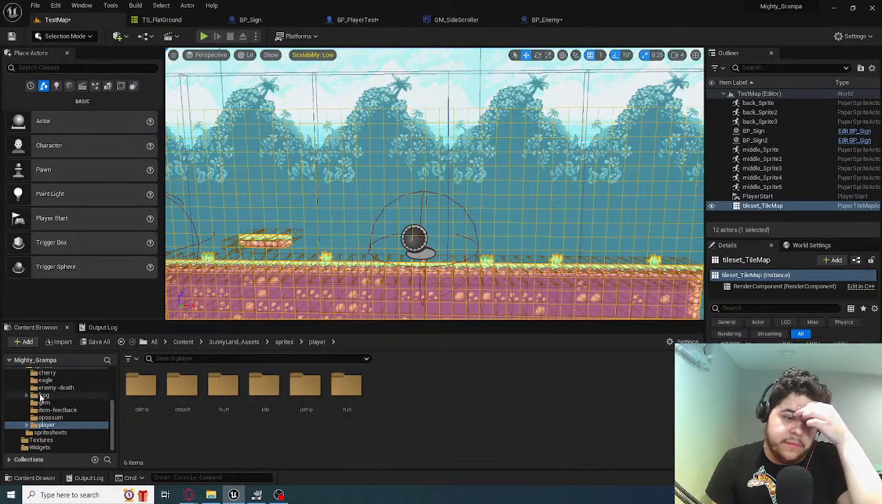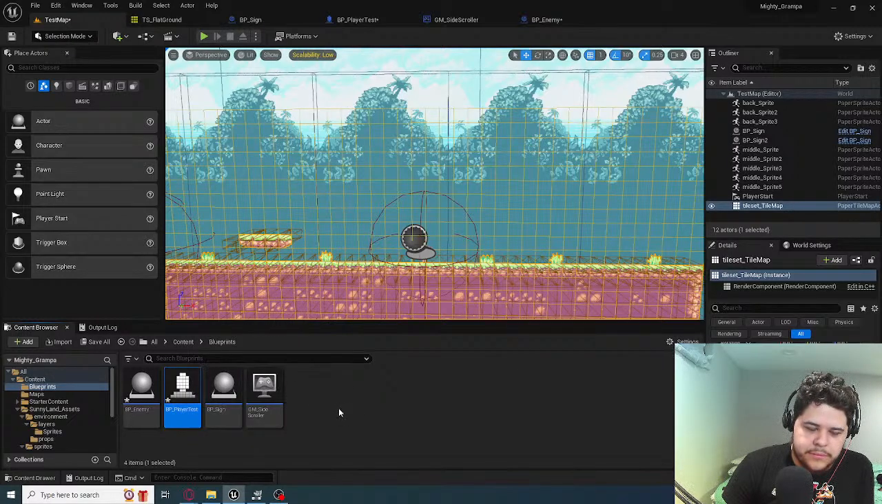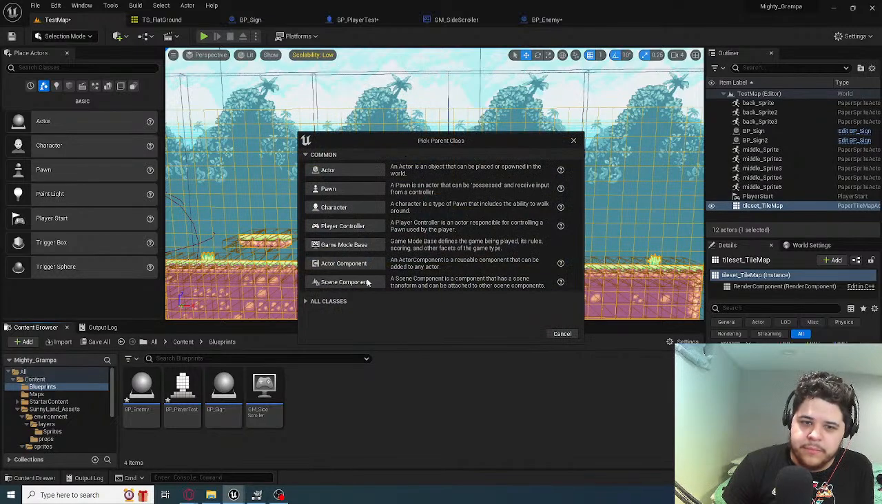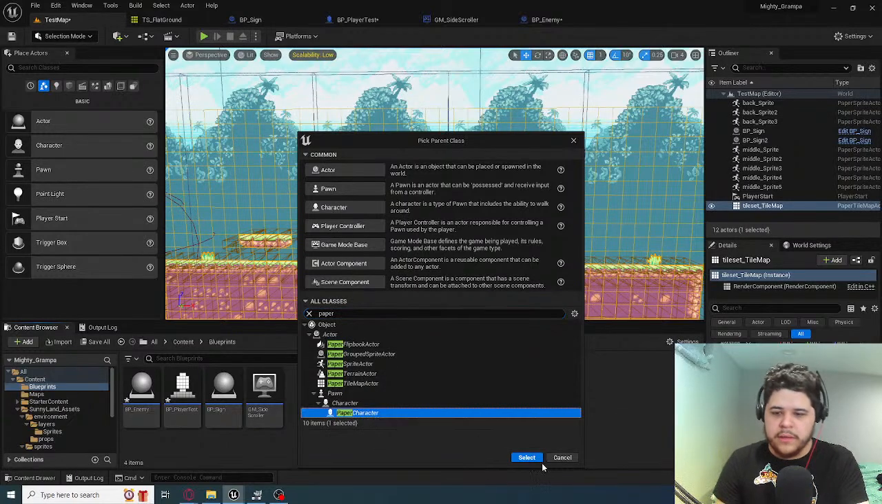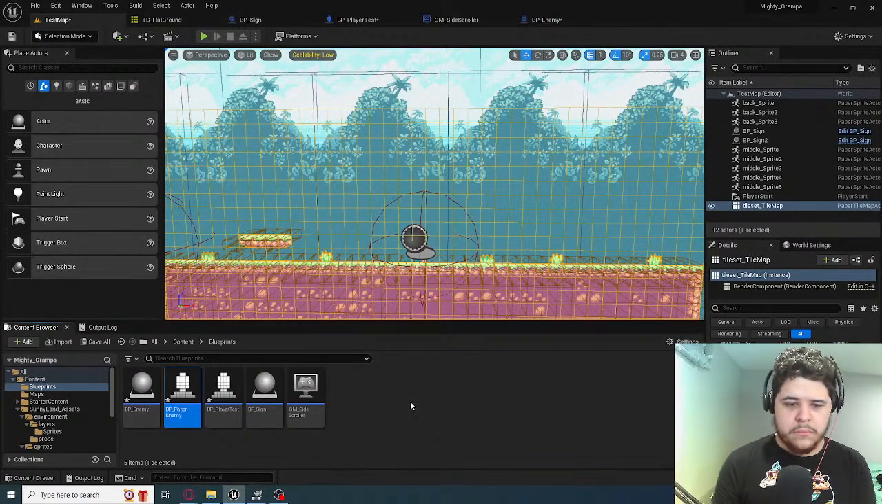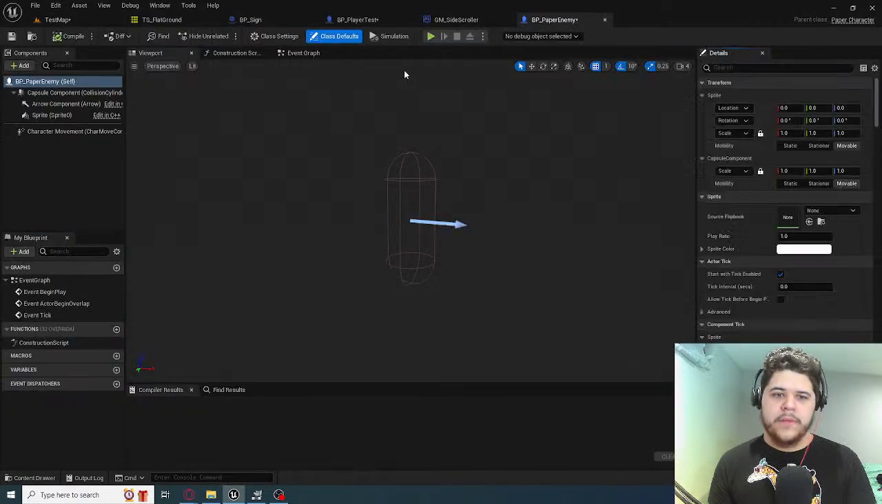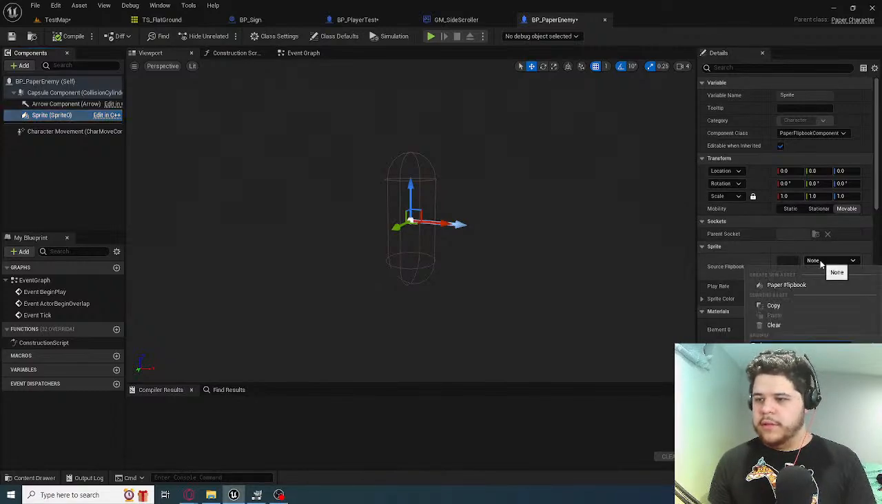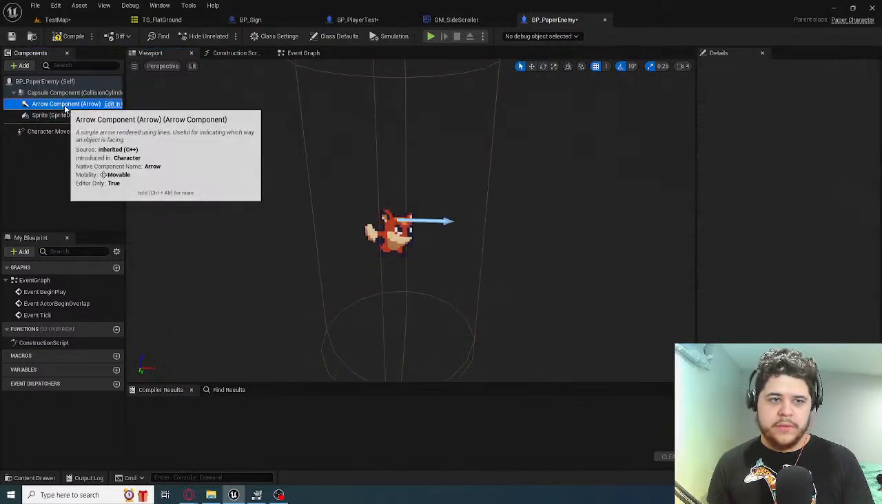I probably should have just made like a blueprint class paper character. Like that. There you go. Paper enemy. I'll just use this essentially for